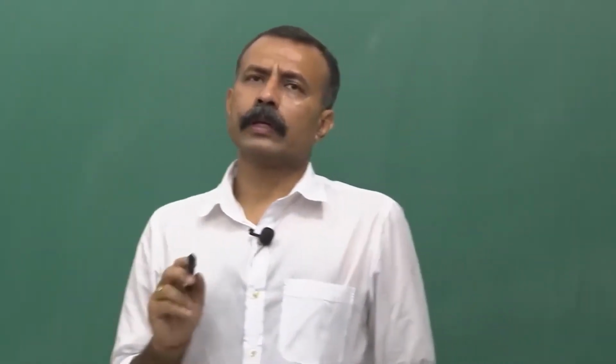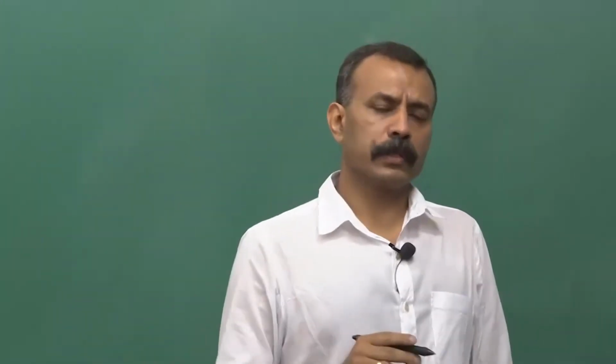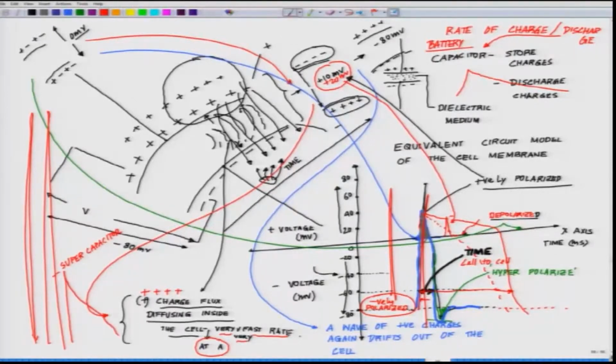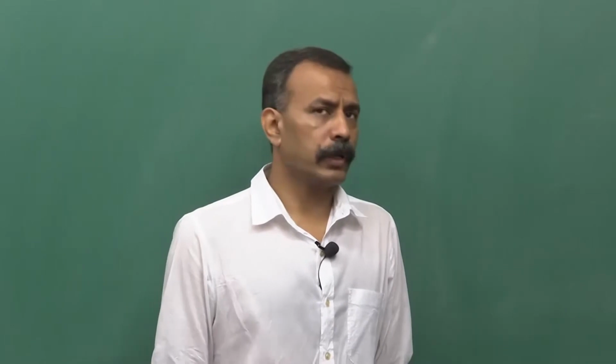On the contrary, there are charge storage systems where they charge very high and they discharge very fast, something like this, charge, discharge. Those are something like supercapacitors. Okay. And yet there are some which are pure capacitors, where they charge and then they discharge at a certain rate. So, based on these charge discharge properties, one can classify the membranes,